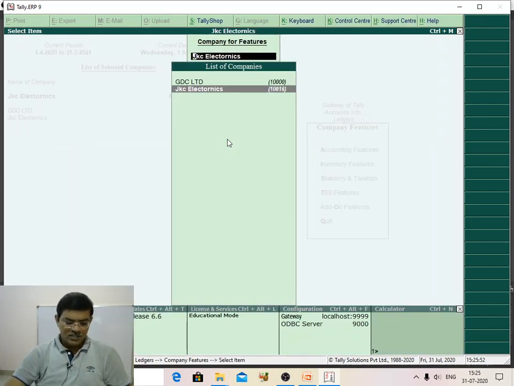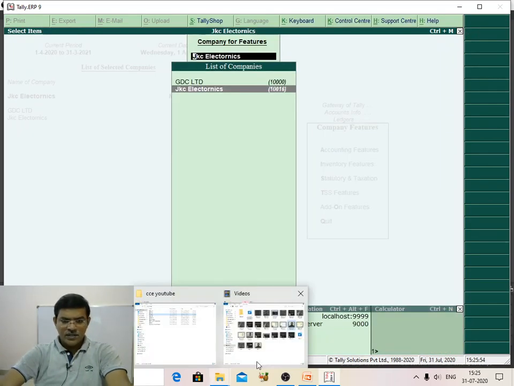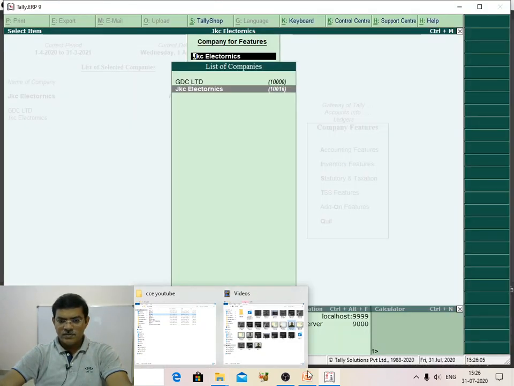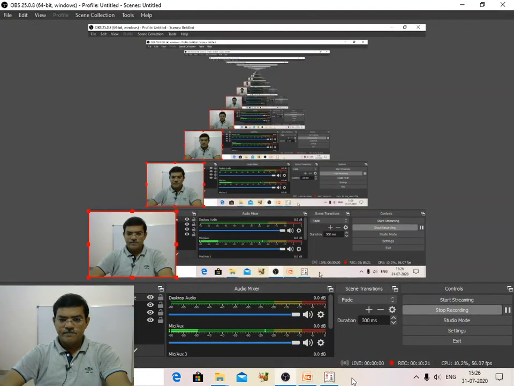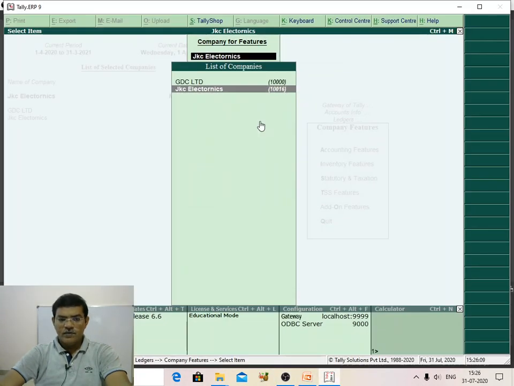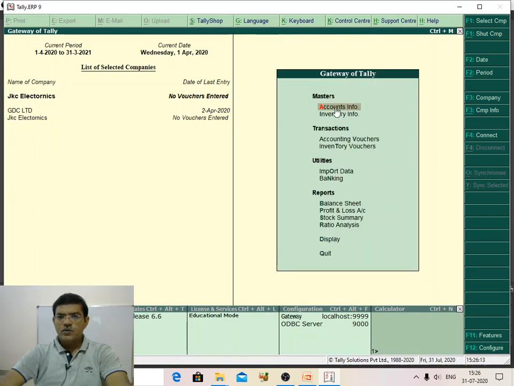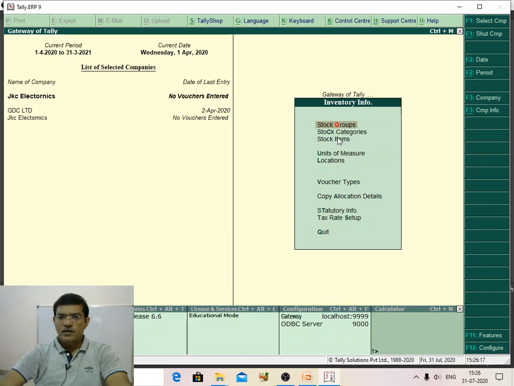So after this, I am going to create some inventory masters. How am I going to create these masters? Go to Gateway of Tally, Inventory Info, and I am creating stock items directly.